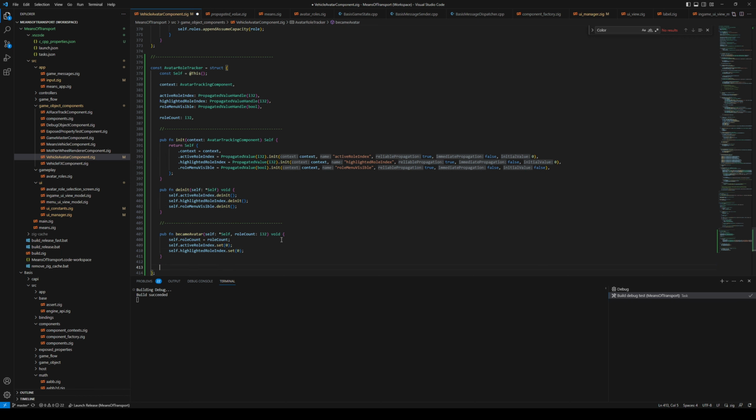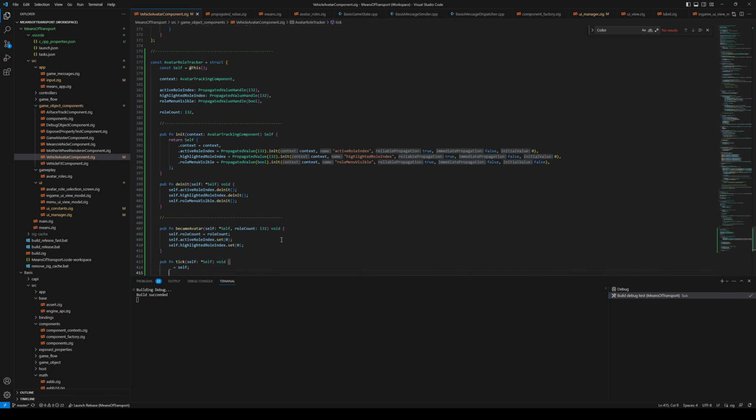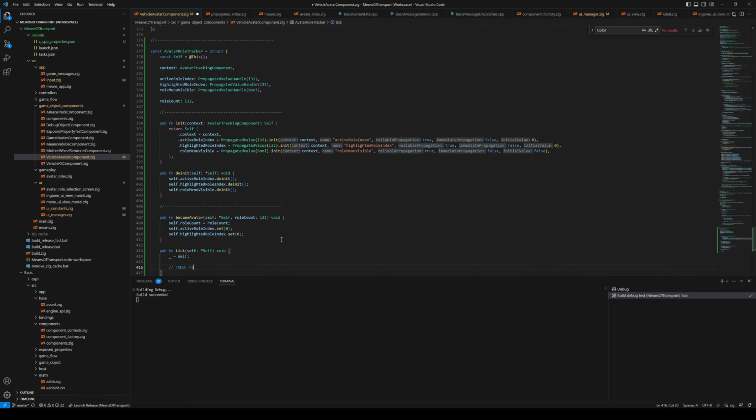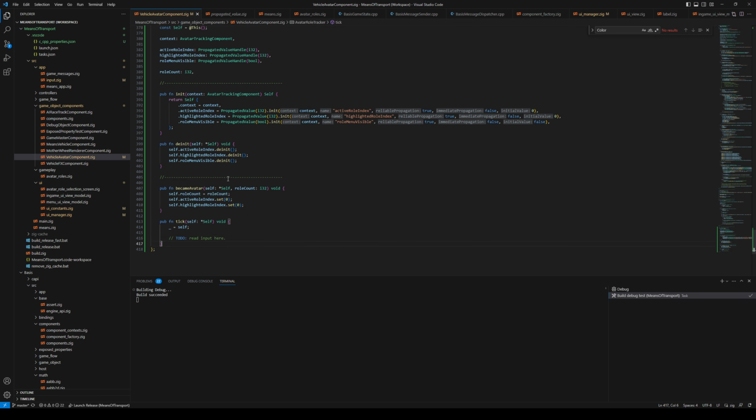And then we probably need to have something which ticks it, which is where we will read the input. So we can just add it here. Do that, and then just write to do read input here. And we can just read the input because we are doing it through this context. So even though we're not in the component, we can almost act as if we were in the component, which is kind of nice actually. I think these are the only public methods we need. Yeah, we might have actually one more,